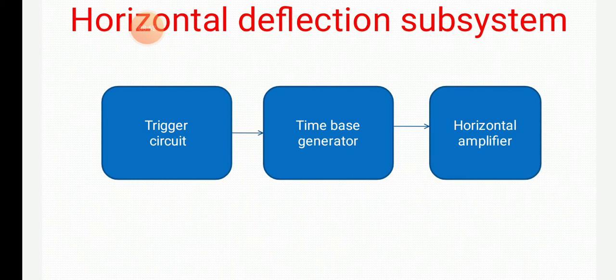External is the second one. An external input is used in this case. The sweep will begin at the time determined by the external conditions. So you have to take some wires or probes and connect to the CRO, and generate a signal by using some function generator and connect it to the CRO. Take the probe and connect, then it will generate some external signal. Then you can measure some parameters by using external. Whenever the input waveform is small in magnitude, this kind of trigger is preferred.